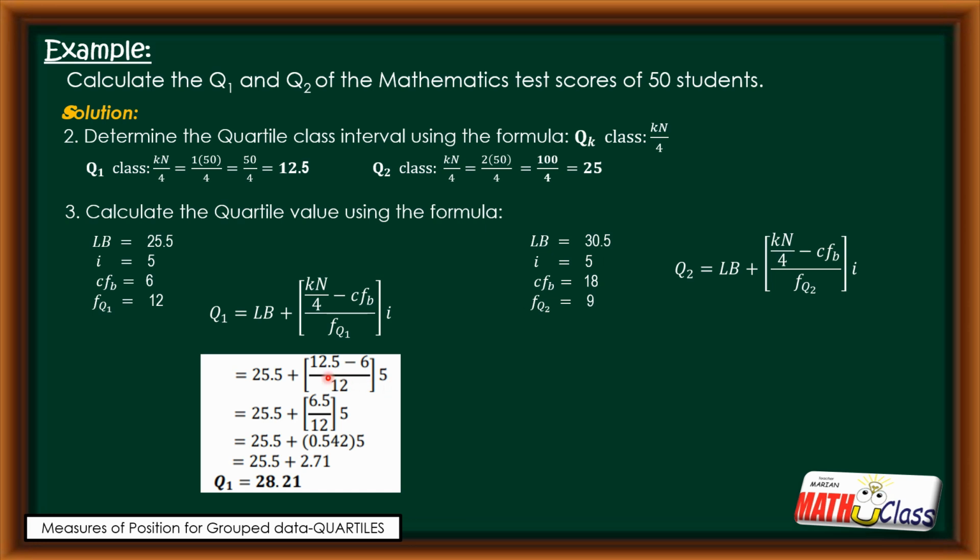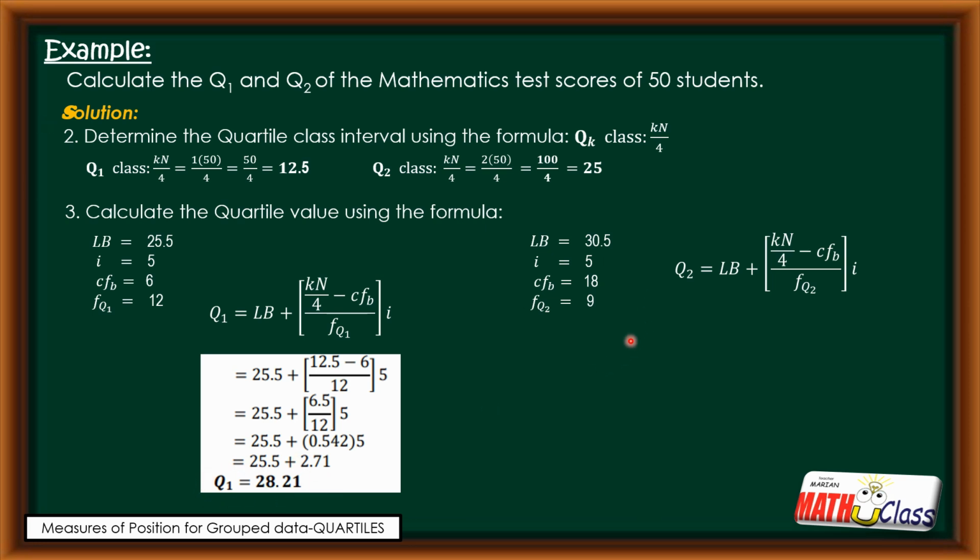So 12.5 minus 6 is equal to 6.5. 6.5 divided by 12 is equal to 0.542, times 5. The result is 2.71. Let us add 25.5 and 2.71. And the resulting value for Q1 is equal to